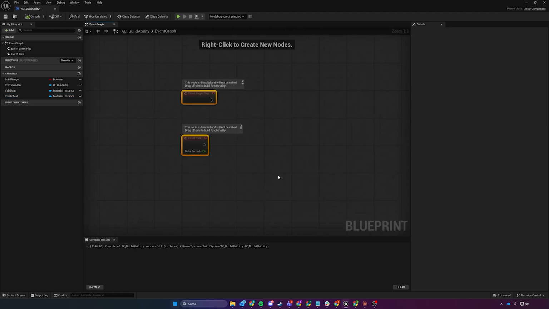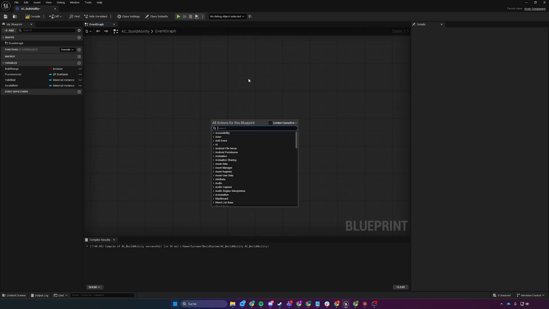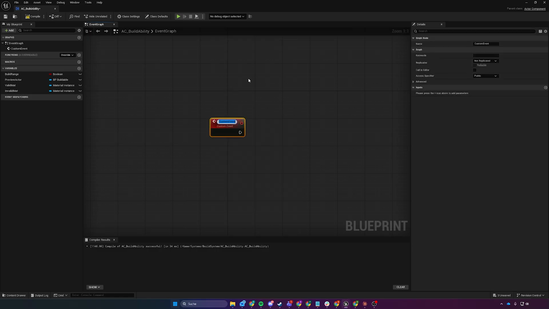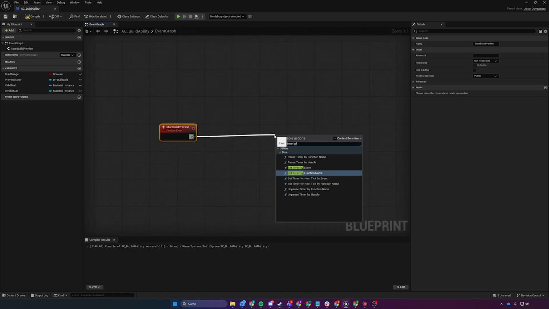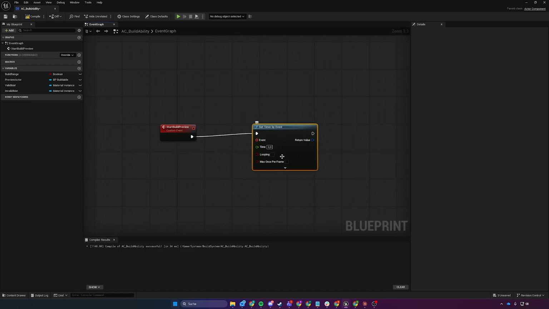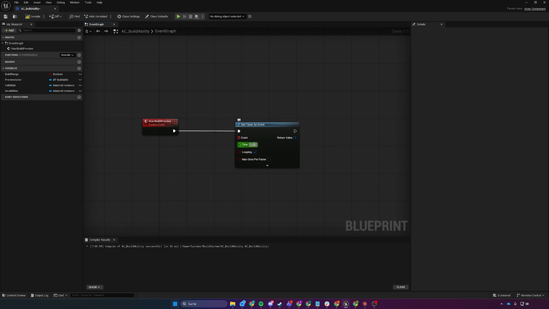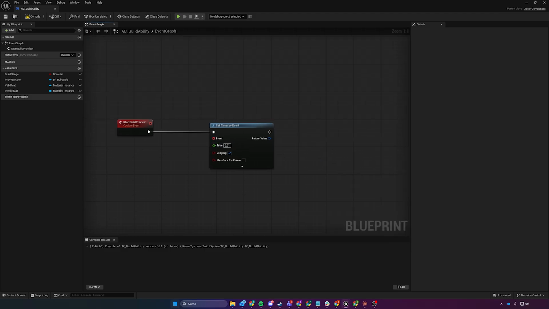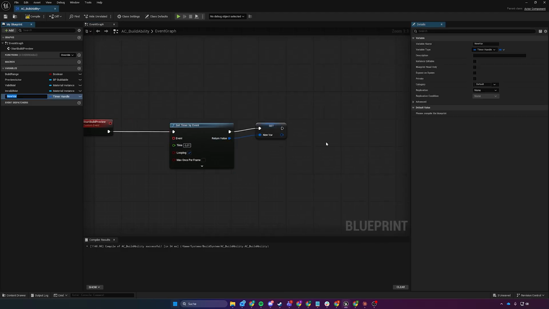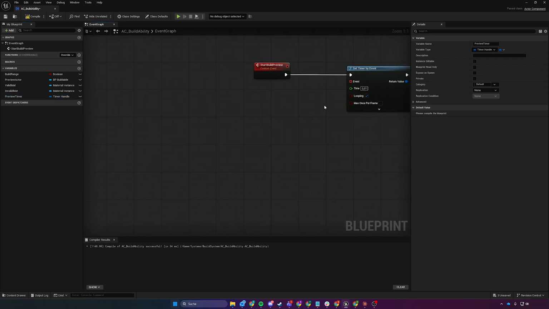And we can now go ahead and start to create some custom events. The first one is start build preview, like so, and in that we're going to set timer by event. We're going to check looping and the update frequency of our preview. I don't know, 0.01 should be enough. And we're going to promote the timer to our preview timer, so we can stop it at a later moment,